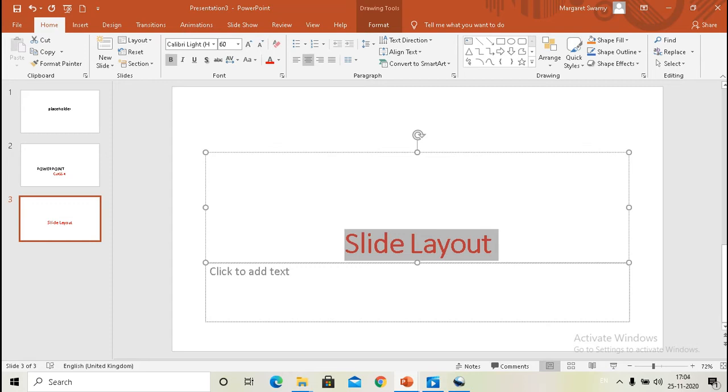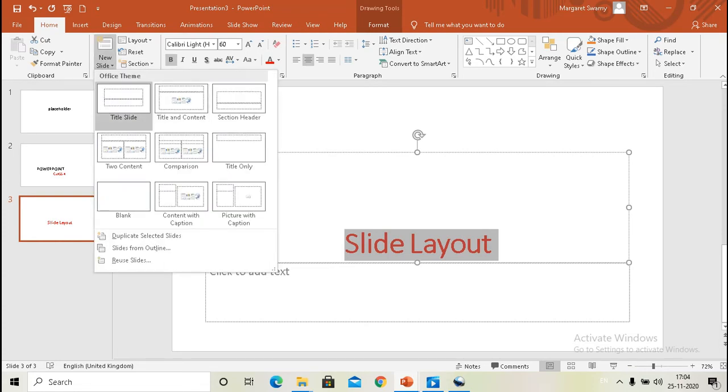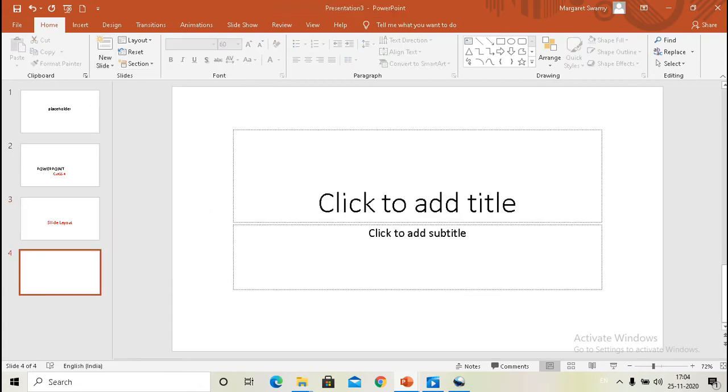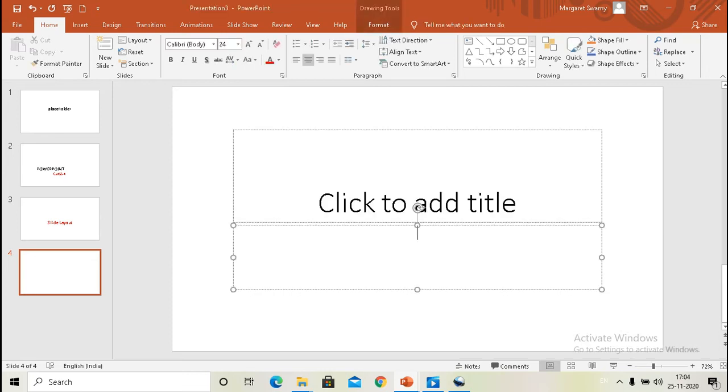Let us briefly learn about the features of some commonly used slides. First, in the New Slide, here you can find different layouts. If I click on Title Slide, you can see a title slide. It gives a layout where you can give the title and subtitle to your presentation.